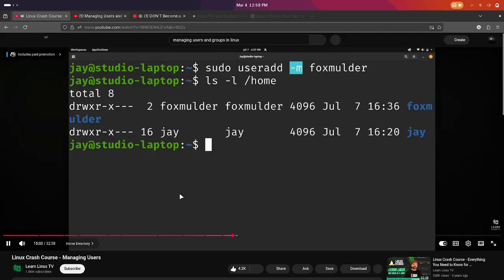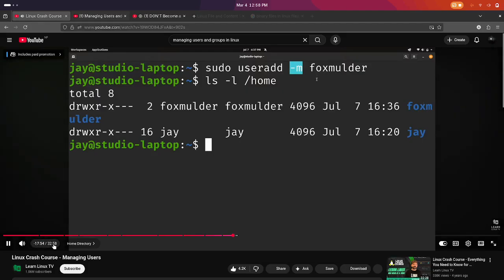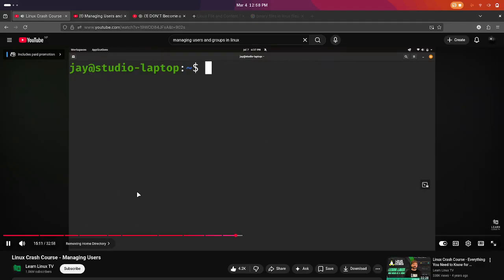Option, which is what you see here, that specifically tells useradd that we want a home directory when we create this user. So that we want